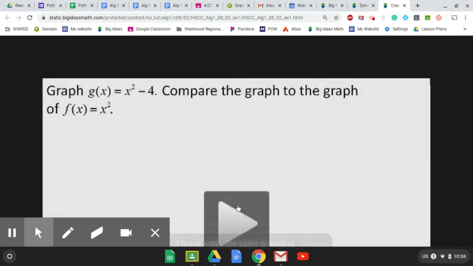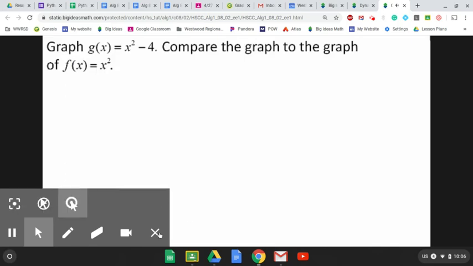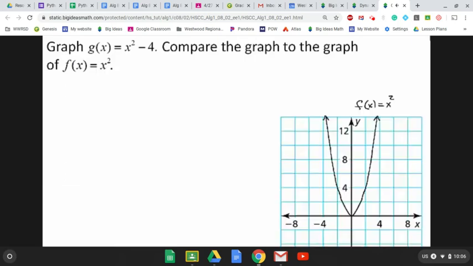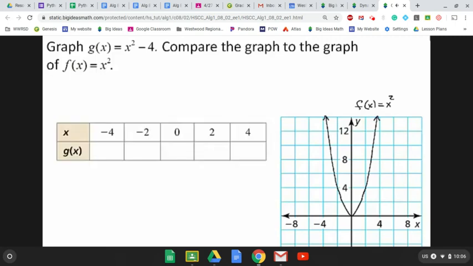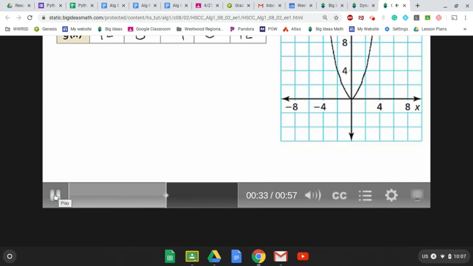Graph g of x equals x squared minus 4. Compare the graph to the graph of f of x equals x squared. Begin with the graph of f of x equals x squared. Then make a table of values. Substituting negative 4 for x in the function g gives g of x equals 12. Similarly, when x equals negative 2, g of x equals 0. When x equals 0, g of x equals negative 4. When x equals 2, g of x equals 0. And when x equals 4, g of x equals 12. Next, plot the ordered pairs negative 4, 12, negative